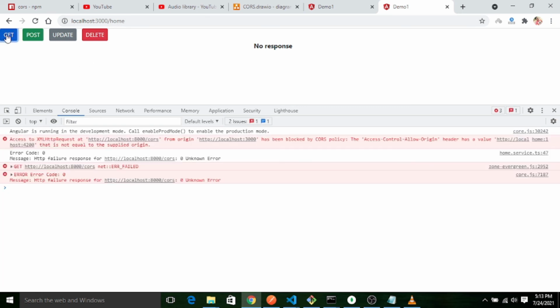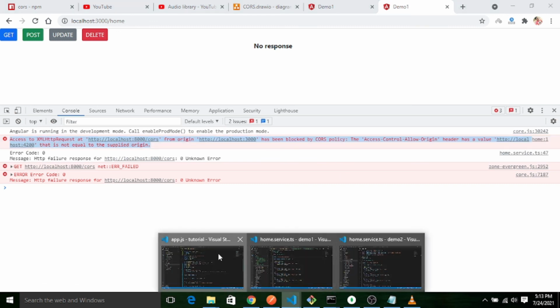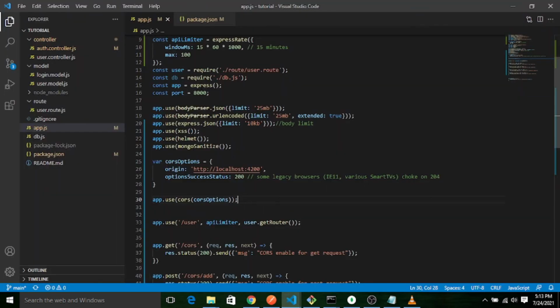When I click on get to get some response from the server, let's see what is the error here. It's clearly saying this origin has been blocked by CORS policy. So inside our Node.js application, we enabled the CORS feature and we restricted all domains other than 4200. This server will only allow requests coming from this domain.